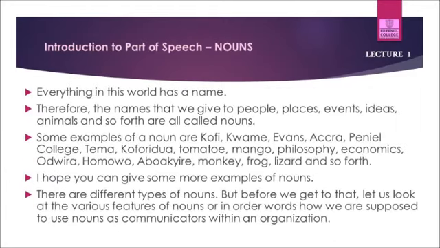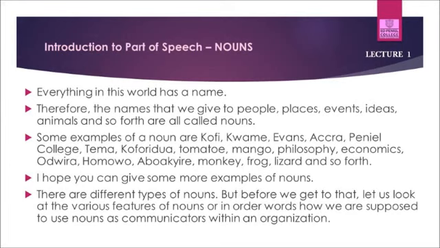You and I believe that everything on this earth has a name. So basically, nouns refer to the names that we give to people, places, events, ideas, concepts, and what have you. So once you are able to call a particular thing by a particular name, that particular name belongs to the group of words we call nouns. Some examples of nouns we can see are Kuforidua, tomato, philosophy, economics, physics, biology, business communication, and a few others. There are different types of nouns